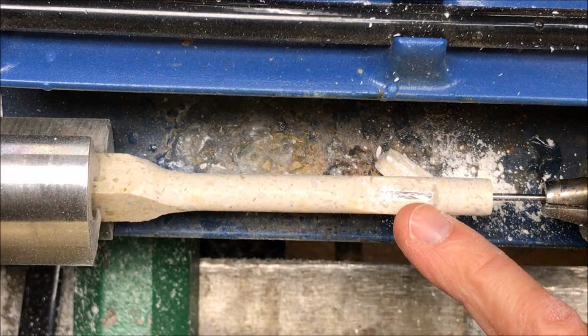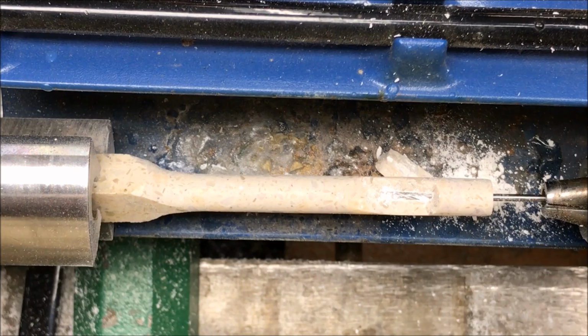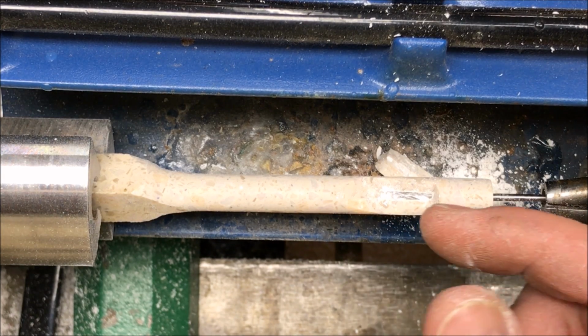Let's talk a little bit about this blowout. This was completely my fault. I had brought the tailstock up because I had fully extended the Jacob's chuck where my tailstock was initially locked, and I wanted to drill farther into the blank. By bringing it up, I started to move into the blank,